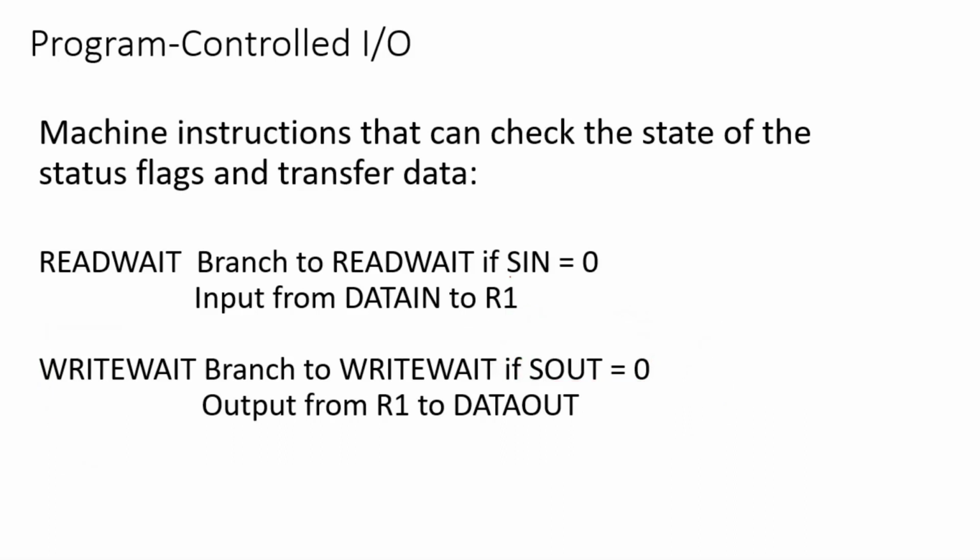When the display is ready, the display makes S out equal to 1. So when the processor checks if S out equal to 0, the condition fails. So the processor executes the next statement, which is nothing but the processor transferring data from a particular register to the data out buffer of the display. From the data out buffer, the display will later display those characters on the screen. So this is how the solution we discussed works programmatically.